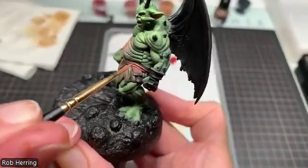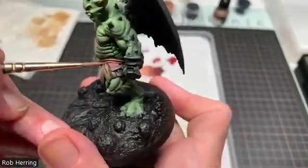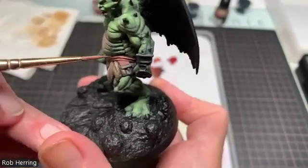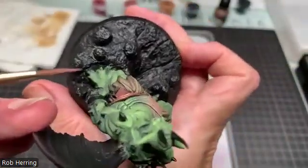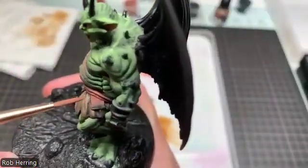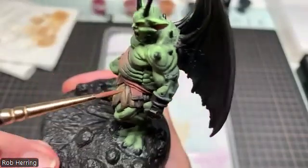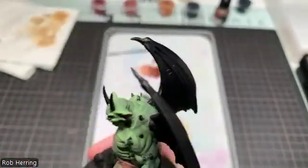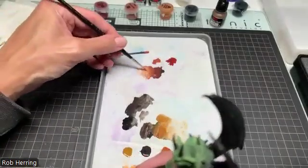Partly because it just visually looks nice to be a little narrow zone of bright light catching it there. And rather than on this bit here of the leather belt end, I can do just a little bit of a highlight line on the edge. How and where you do that, I'm not entirely sure what's the best way to do it. What I'm going to do as well is